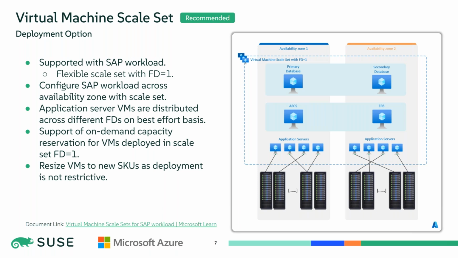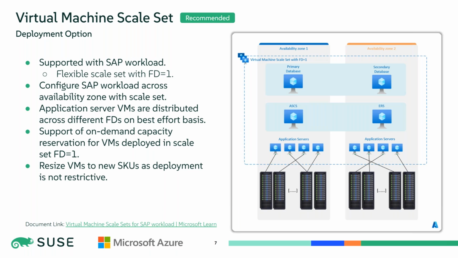Now if you look into SAP workload, the primary database and secondary database span across availability zones. You have your primary in availability zone 1, database secondary in availability zone 2. Same with central service, ASCS and ERS are configured in different availability zones. Now, when you configure application servers, for a given SAP system you might have more than 2, or sometimes customers have 10 application servers. In that case, you distribute 5 application servers on each